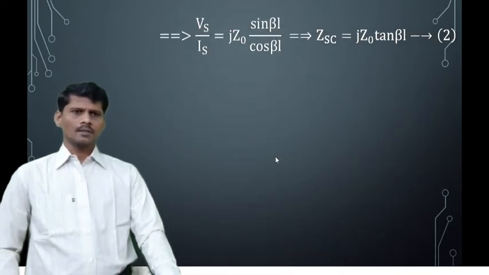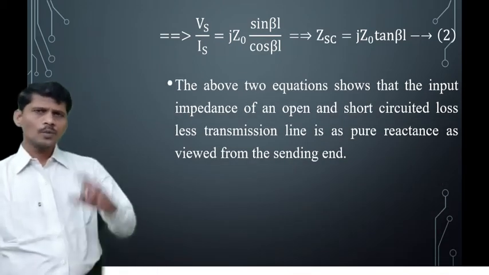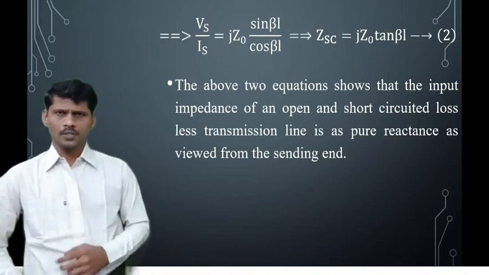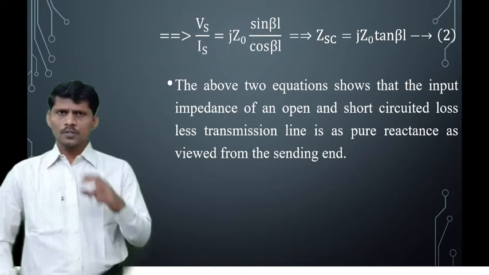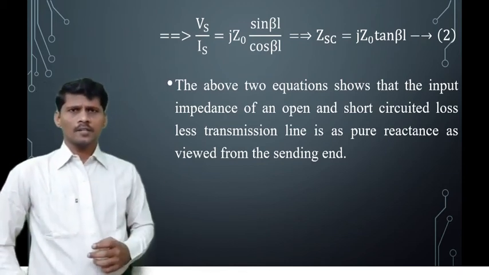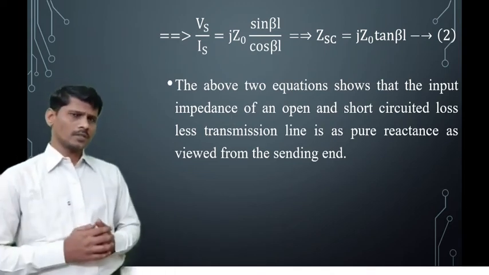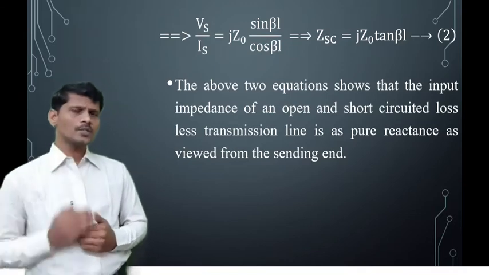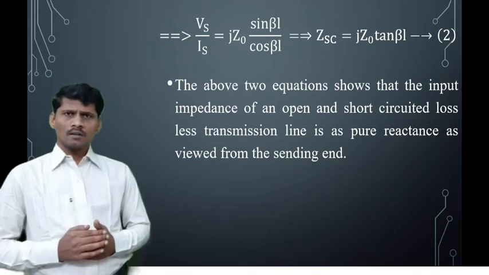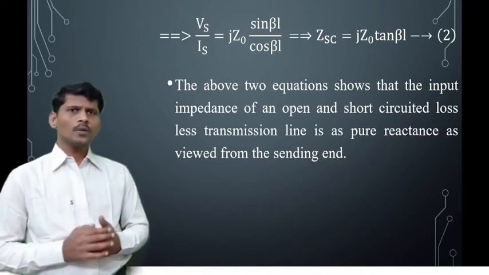Z_SC is equal to jZ0 tan βL. The open circuited impedance is considered as equation 1 and the short circuited impedance expression is considered as equation 2. So these two equations are for open circuited and short circuited lossless transmission lines. The above two equations mean that the open circuited input impedance and short circuited input impedance of a lossless transmission line expression